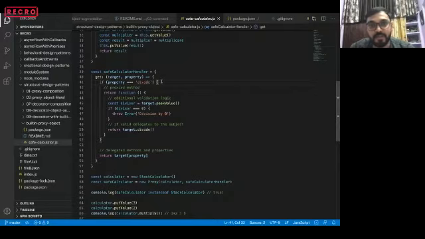Instead of writing the whole code again and again, we are just doing those kind of changes. So if the property which we get is equal to divide, then we will get the target reference, we will get the target value, we will divide, and then we will just call target.divide if everything works. Otherwise we will throw a new error. So everything is similar. We are just getting the target reference in the get function, and then we are comparing the